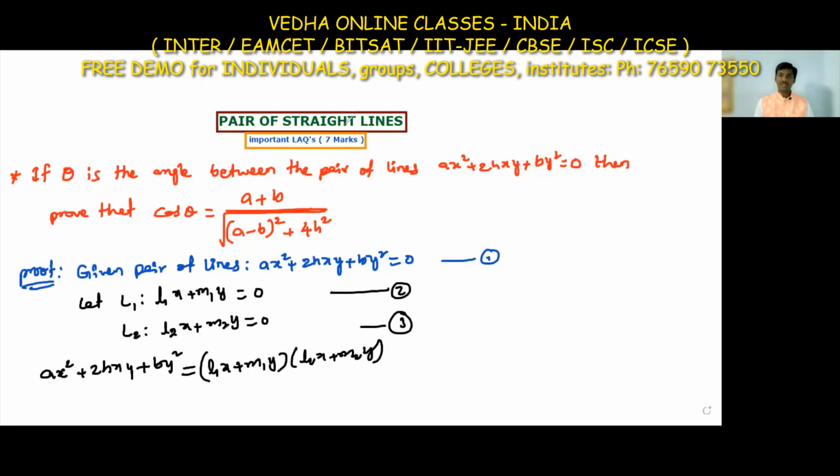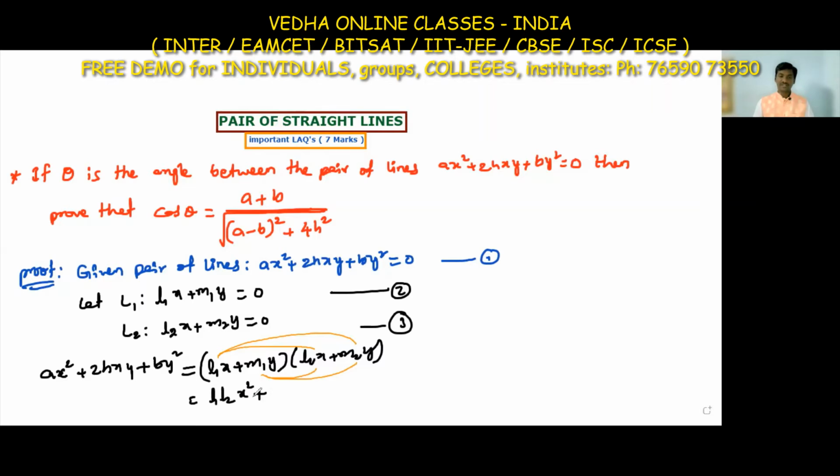Now multiply here. How do we multiply? L1x into L2x and L1x into M2y, M1y into L2x and M1y into M2y. So if we multiply, L1 L2 x into x is x square,